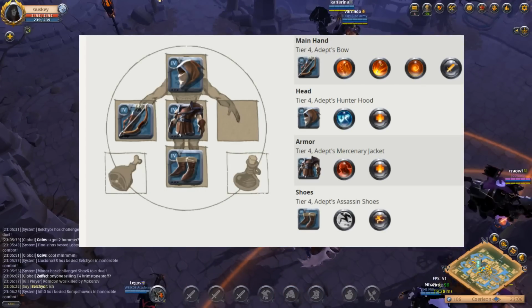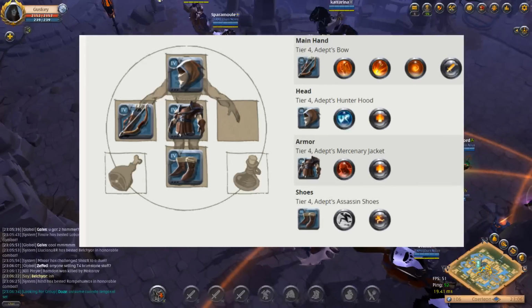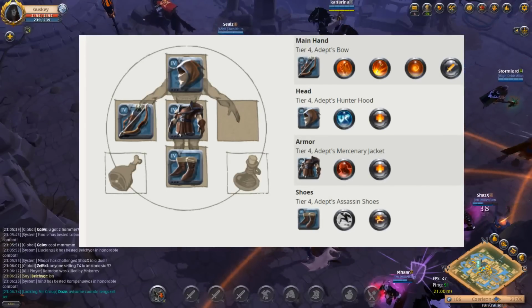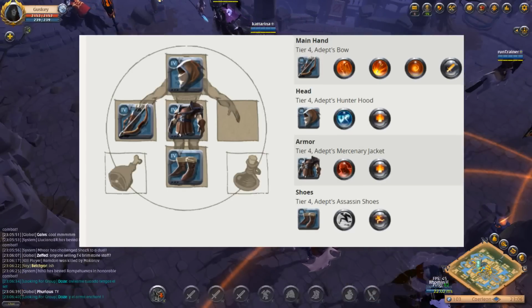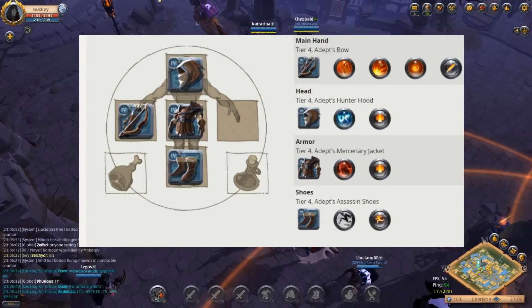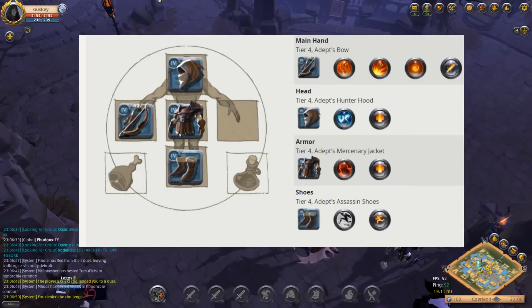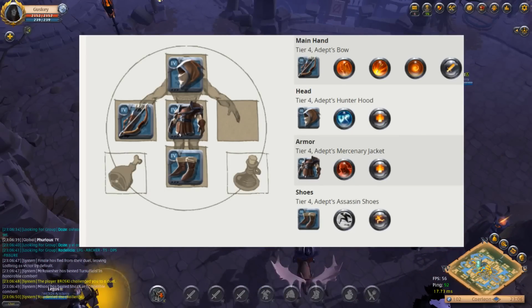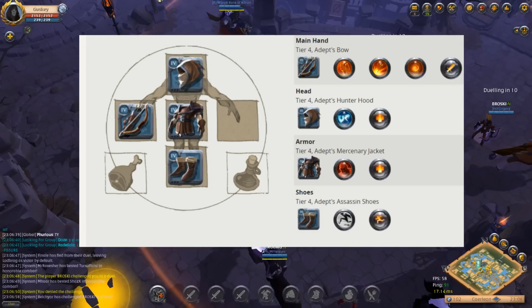You have the defensive on the hood. You have Mercenary Jacket on the chest, with Bloodlust on the Mercenary Jacket. Again, very, very strong. It's not really underrated, people know it's strong, but I think new players can really take advantage of this because they're going to be able to just sit there with Magic Quiver going and pop Bloodlust, and they're going to heal to full very, very quickly, especially if they pop their W, the explosive shots, as well. You then have the Assassin